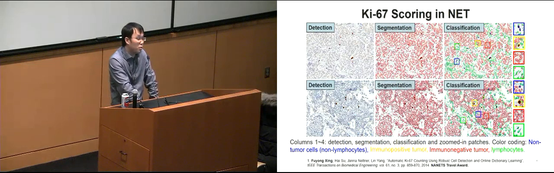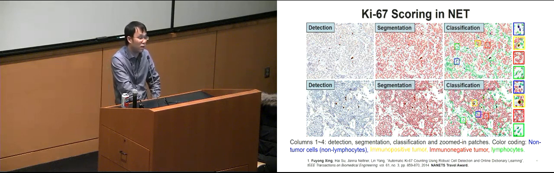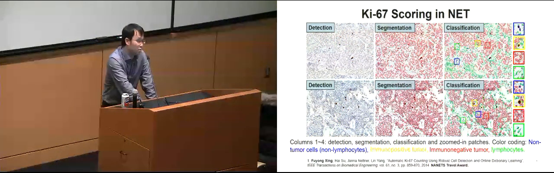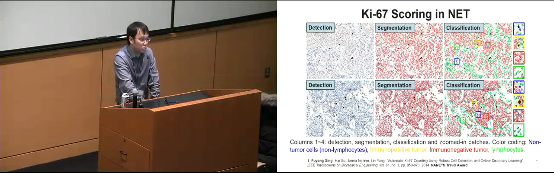And actually, this is a multi-stage algorithm for Ki67 scoring. Right now, we have an ongoing project where we want to use a single-stage Ki67 scoring, which means that we want to do all these tasks at once. In this case, it will reduce the errors because the final stage will not heavily rely on the detection and segmentation. In particular, we will bypass the segmentation stage of the current approach. So this is one application: based on the image quantification results, how can we take one step forward to understand the images?